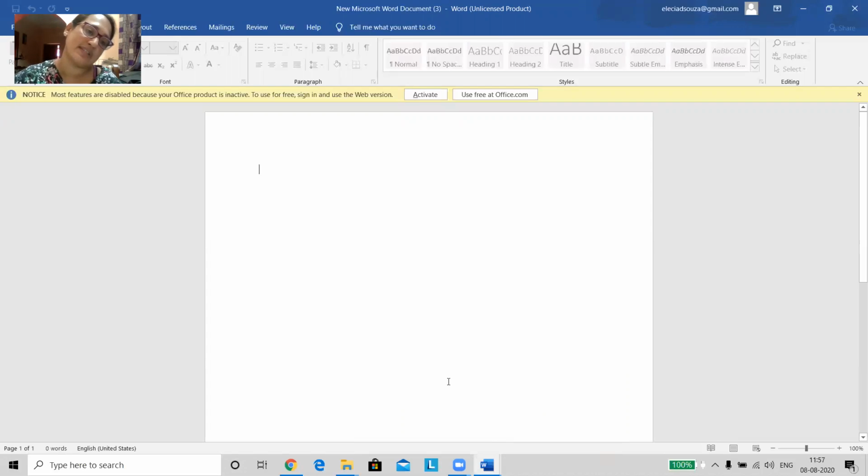So the three ways to start up: from the start menu. Second way is to double click from your desktop icon, and third way is from your taskbar you click on the pinned icon. If the icon is not there, you have to first pin the icon and then you can start Word.